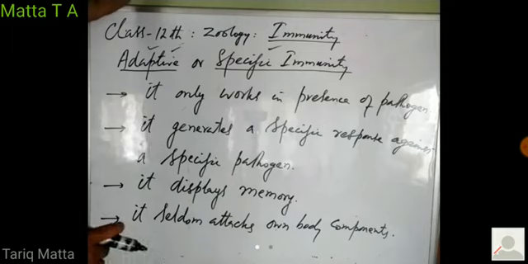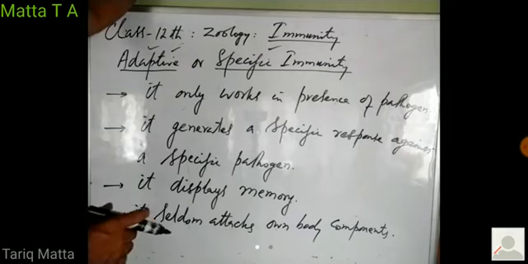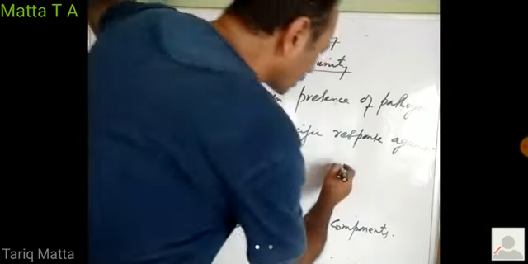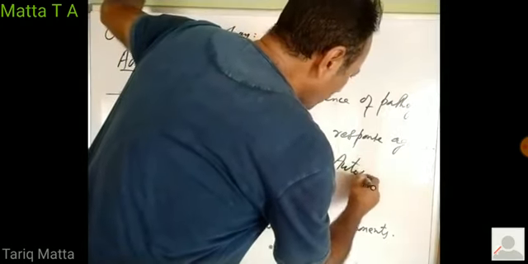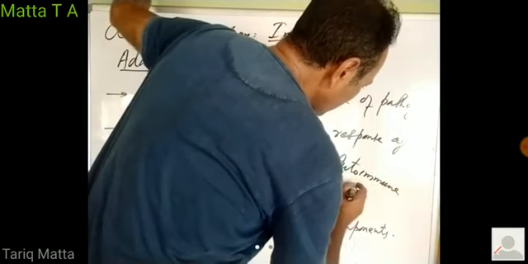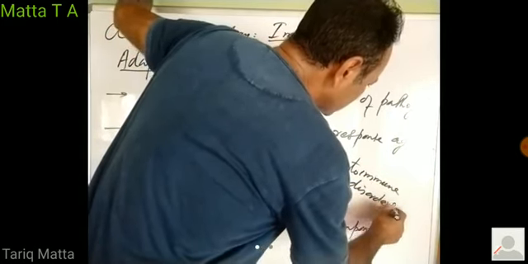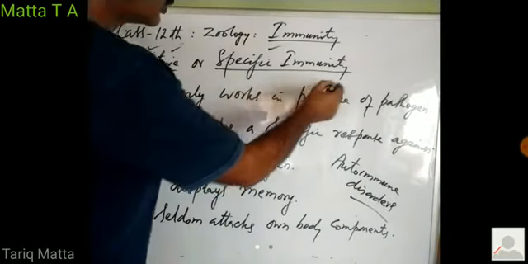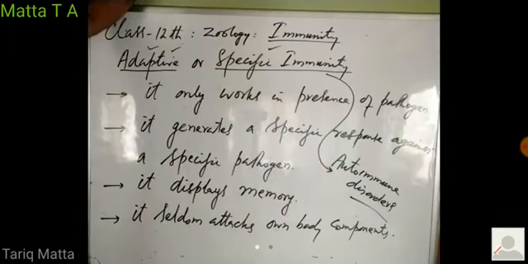You might have heard about rheumatoid arthritis. In that condition, our own antibodies recognize synovial membrane as a pathogen, as an antigen, and they start destroying the synovial membrane of joint, causing the inflammation, swelling, and stiffness of the joint. So those disorders are known as autoimmune disorders. So sometimes adaptive or specific immunity may cause autoimmune disorders.